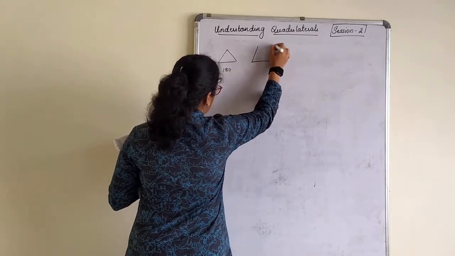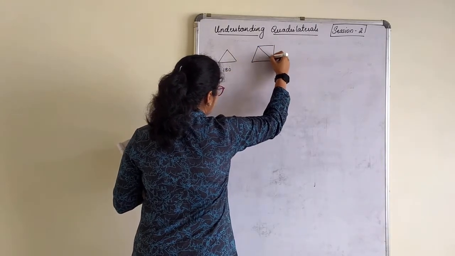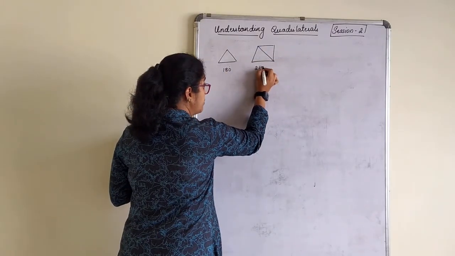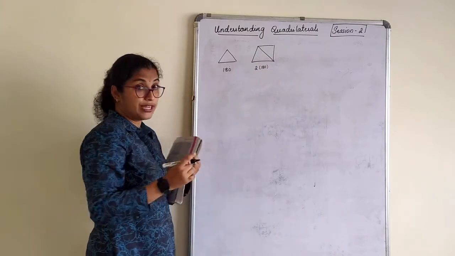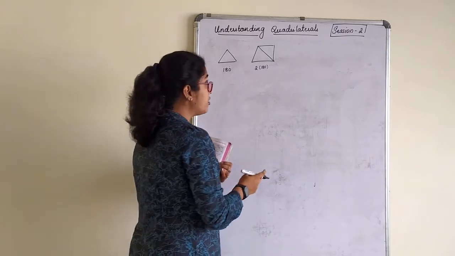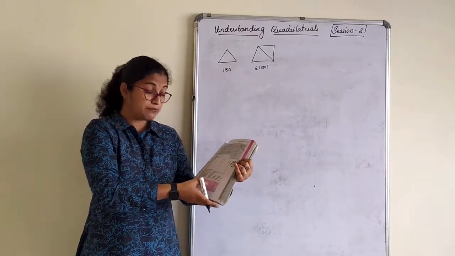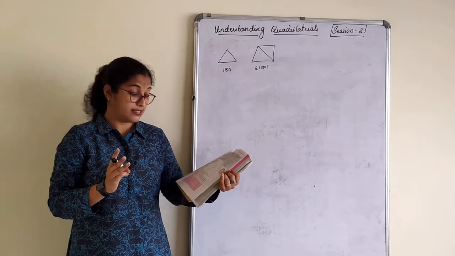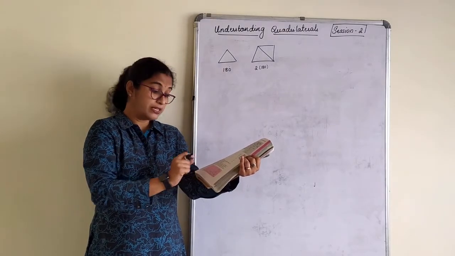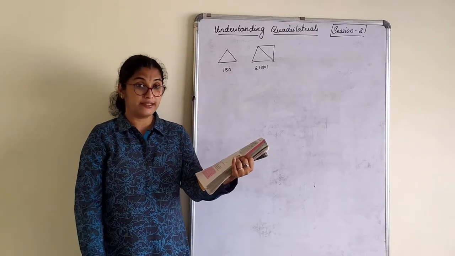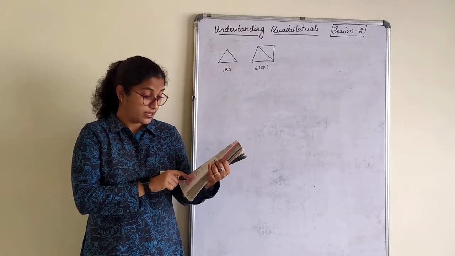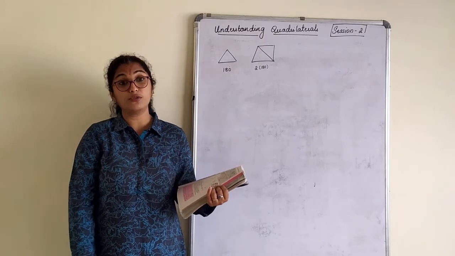If I choose a quadrilateral, I can divide a quadrilateral into 2 triangles. So this is going to be 2 into 180, right? Because 180 twice you have to do. If I am choosing a pentagon, how many triangles can you see in a pentagon? You can see 3 triangles. That means the angle sum is 180 plus 180 plus 180, 3 into 180. Right? What about a hexagon? How many triangles can you divide? 1, 2, 3, 4. So 4 into 180.